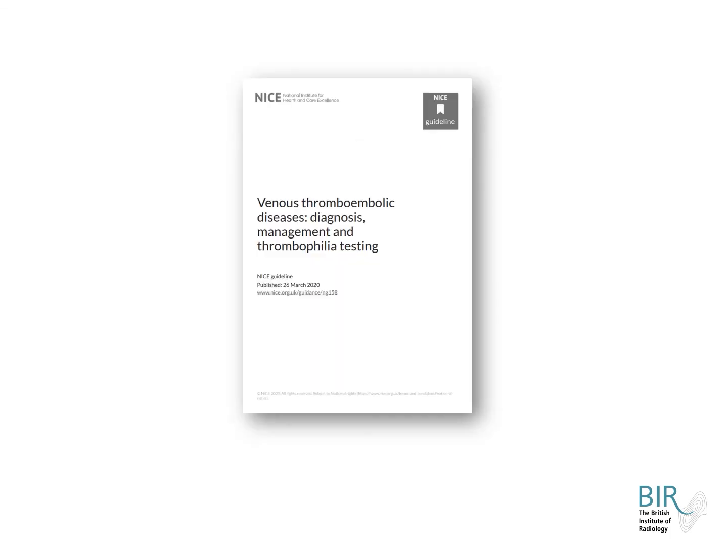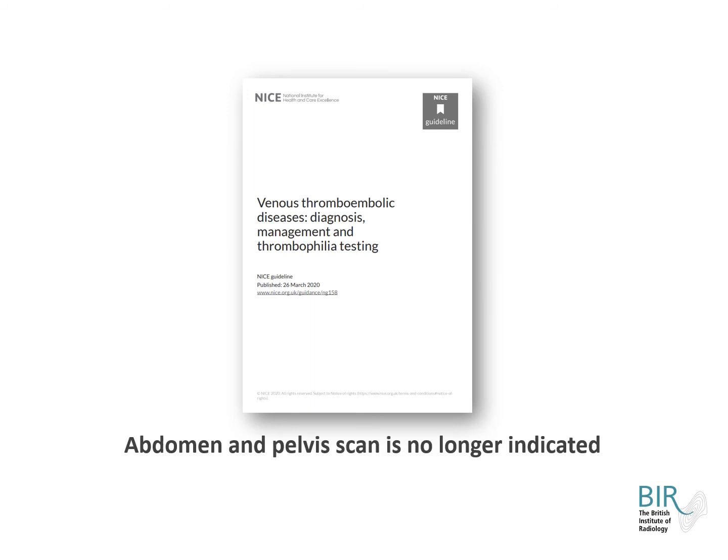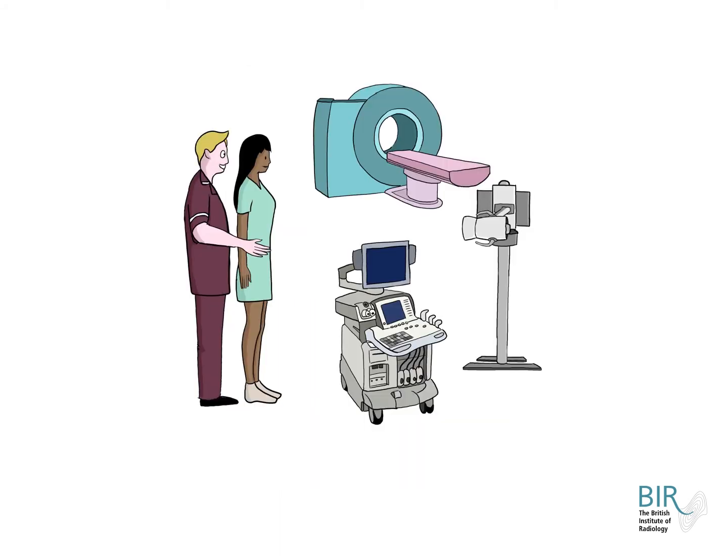An example of a change in practice for clinical appropriateness can be seen in the update to the NICE guidelines in March 2020 regarding unprovoked pulmonary emboli. Where a previously positive CTPA without known cause would mean a contrast-enhanced abdomen and pelvis should be considered, updates to the evidence base have meant that the NICE guidance has changed, and an abdomen and pelvis scan is now not indicated. What better way to optimise dose than to either direct a patient towards a different modality, or ensure that the protocol undertaken is the most appropriate for the clinical indications?